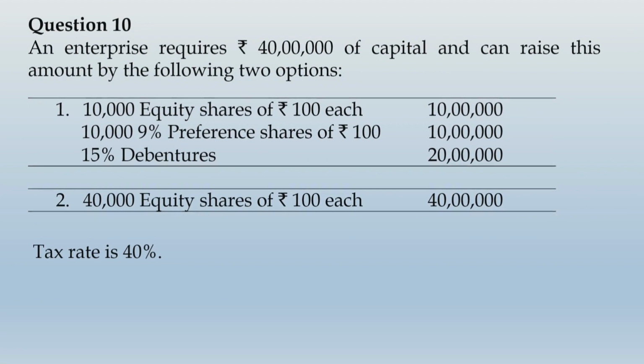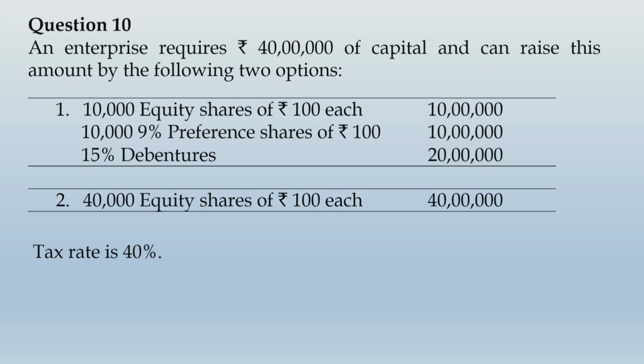First option is 10,000 equity shares of rupees 100 each, that is 10 lakhs, 10,000 9% preference shares of 100 each, that will be again another 10 lakhs, and 15% debentures, 20 lakhs. Second option is 40,000 equity shares of rupees 100 each, that will give you 40 lakhs, and tax rate is